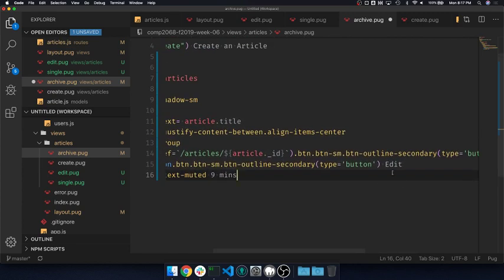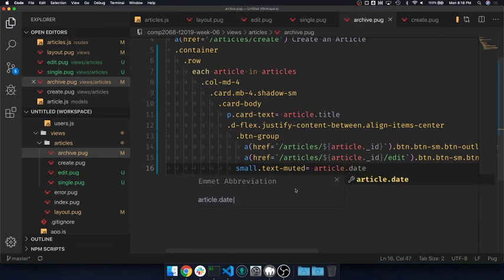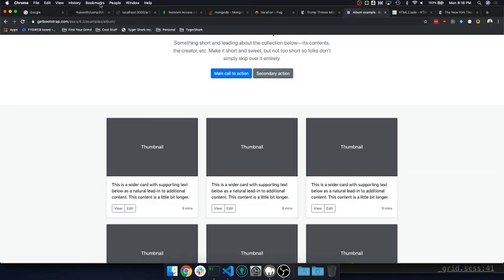I'm also going to set up my edit button just because it's already here. So I'm going to do an anchor link href /articles/article._ID/edit. And then the 9 minutes, I don't really care about that, but maybe I'll just set it to being, let's see, equals article.date. So if I refresh,